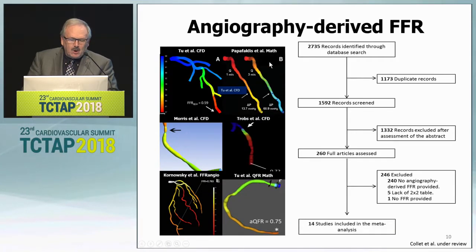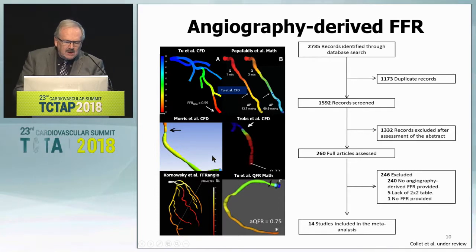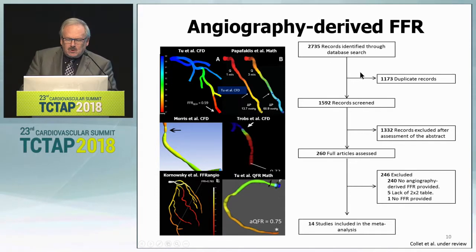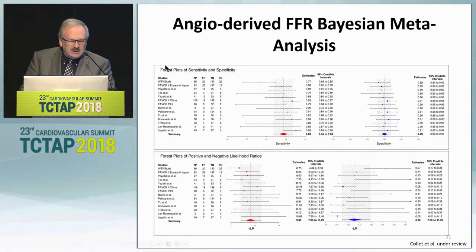So today, where are we? There are at least 3 techniques of QFR. These are the 2 academic ones that we developed in 2014, but in the meantime, they have become commercial. And recently, we did a Bayesian meta-analysis to look at what we could find in the literature, and it is amazing